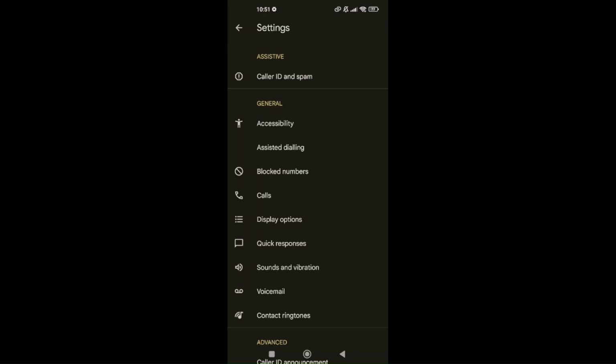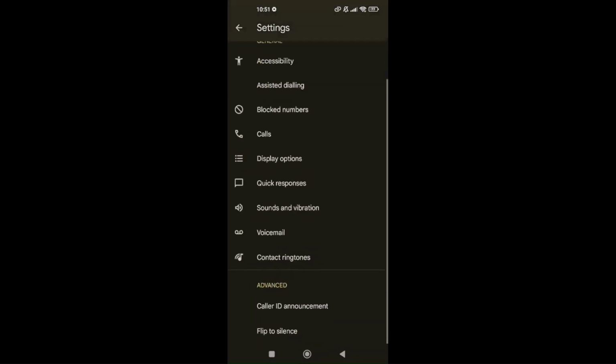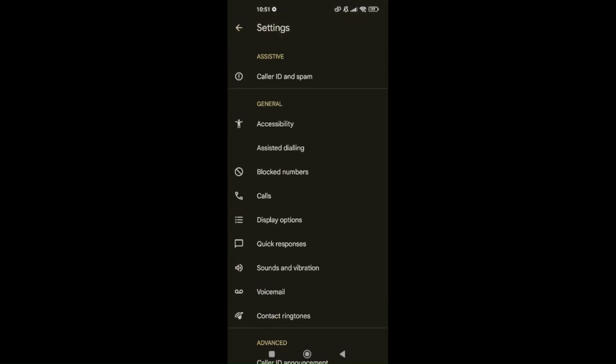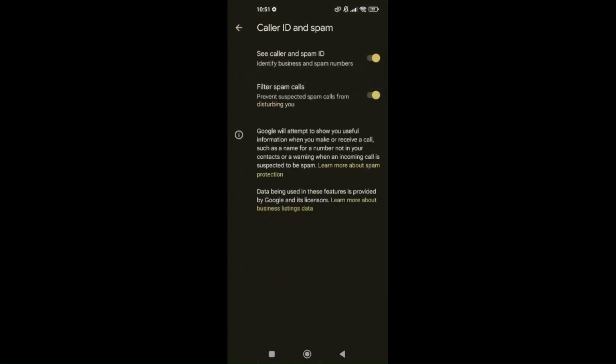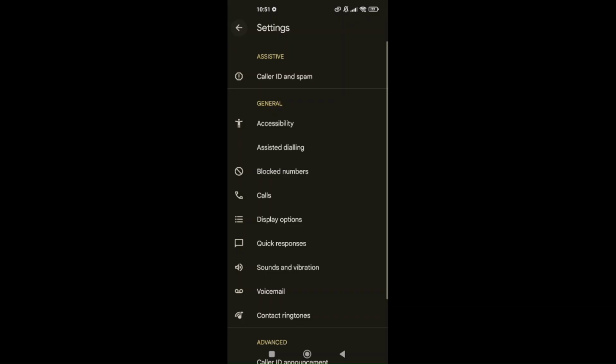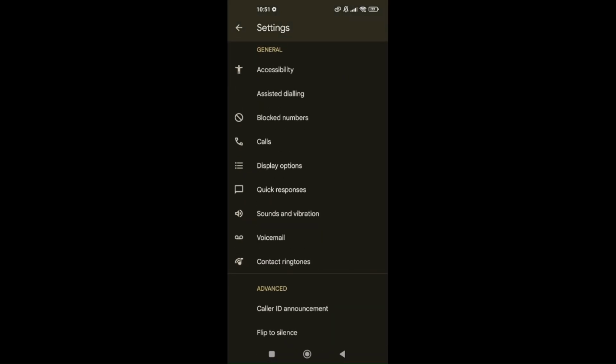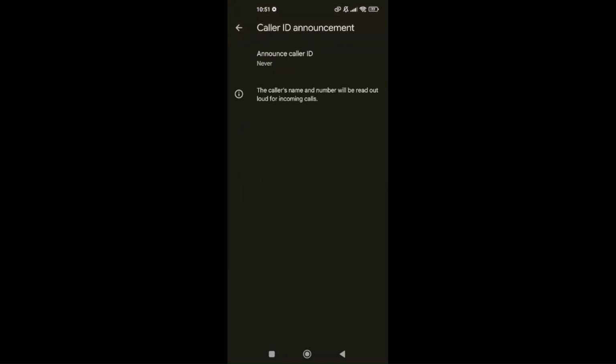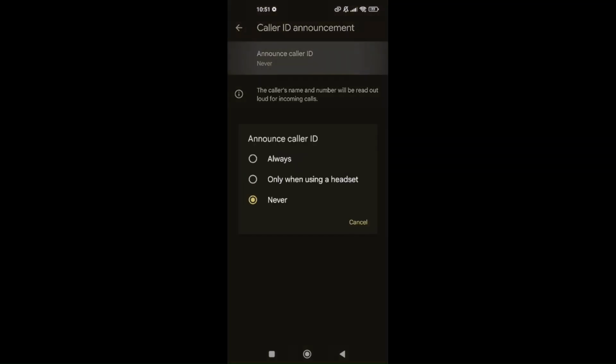Now here, this is where you can customize your caller ID settings. Under assistive, you can identify business and spam numbers by enabling it. You can also filter spam calls. And then at the bottom of this setting, you can go to caller ID announcement here. You can try one of these options to get that unknown